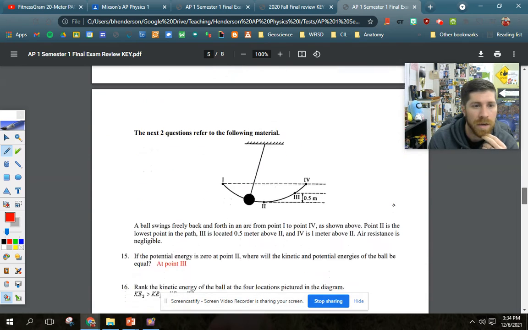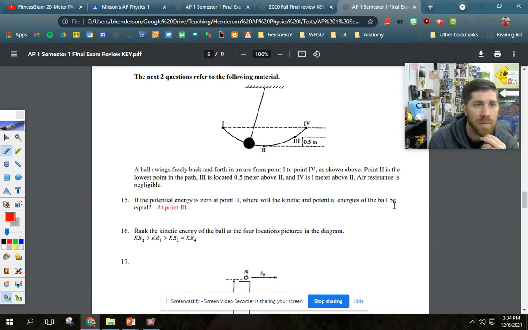Okay, moving right along. I know we're going really, really fast, but this question is about energy. By looking at the potential energy, at point 2 it is 0, because that's the max speed of the pendulum. Where the kinetic and potential energies would be the same would actually be up here, kind of closer to point 4,